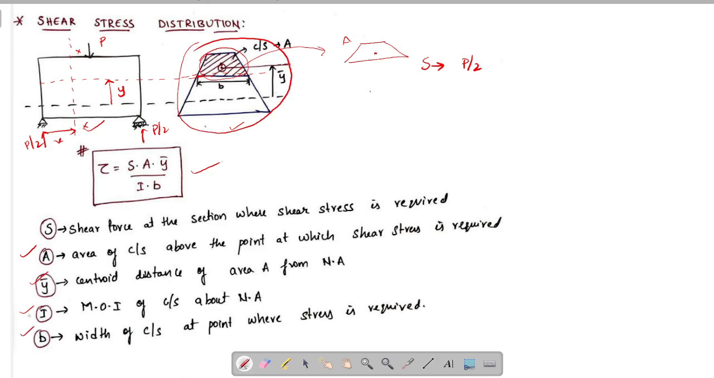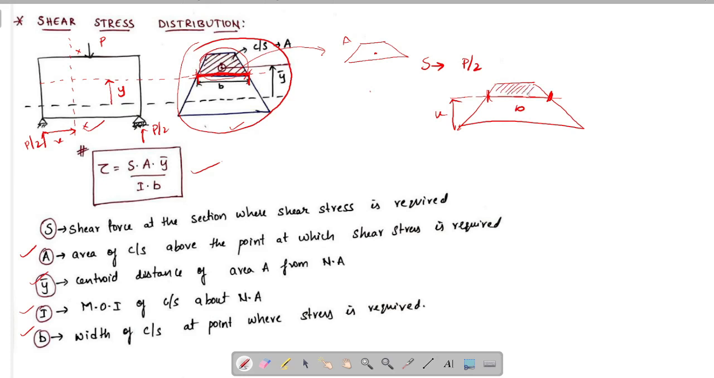Let's see what is B. B is nothing but, at a distance y, we are finding stress at a distance y. So, at a distance y, what is the width of cross section? Okay, suppose they are asking at a distance some k from neutral axis, at this particular distance what is the width of cross section is given by B. Okay, in brief, S is the shear force at that particular section, A is area of cross